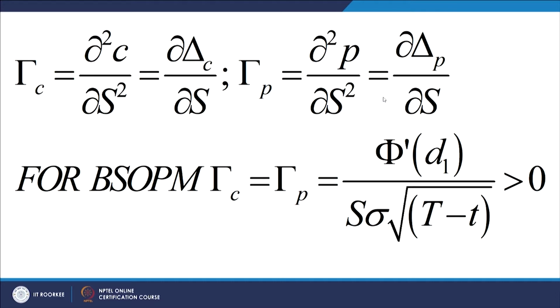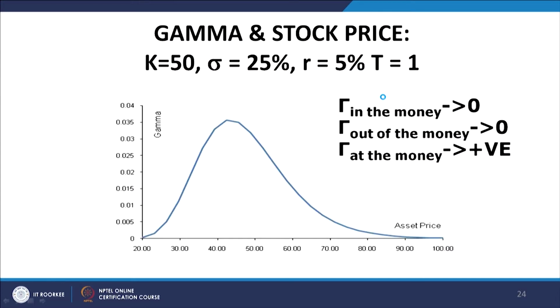And one more thing, you can see from here, it is clear that gamma will always be greater than 0, but approaching 0 in the limiting case. What are those limiting cases? The limiting cases are if the stock price tends to infinity, then again gamma approaches 0, and if stock price tends to 0, gamma again approaches 0, and within this particular portion, as the option remains at the money, gamma gets its maximum positive value.